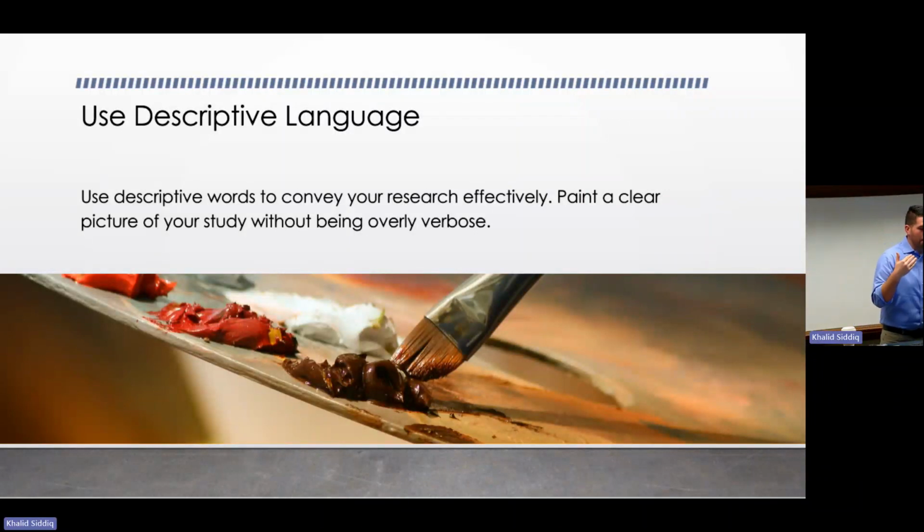It can be effective without being overly wordy or too jargony as well. So again, descriptive language is one of those things that I think you get better with by reading others' abstracts. If you have an author that you particularly like, right? Or if you were in a PhD program with Dr. Spear, I would read Dr. Spear's writing, right? Read all the abstracts he's produced, because that gives you an idea of how he likes to